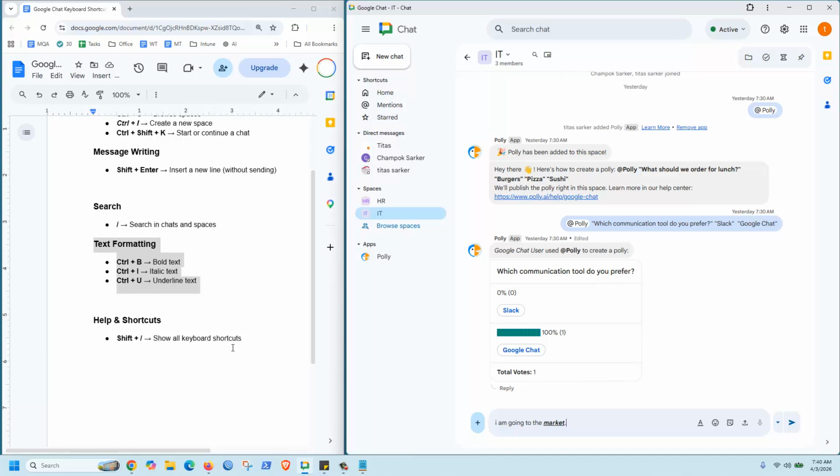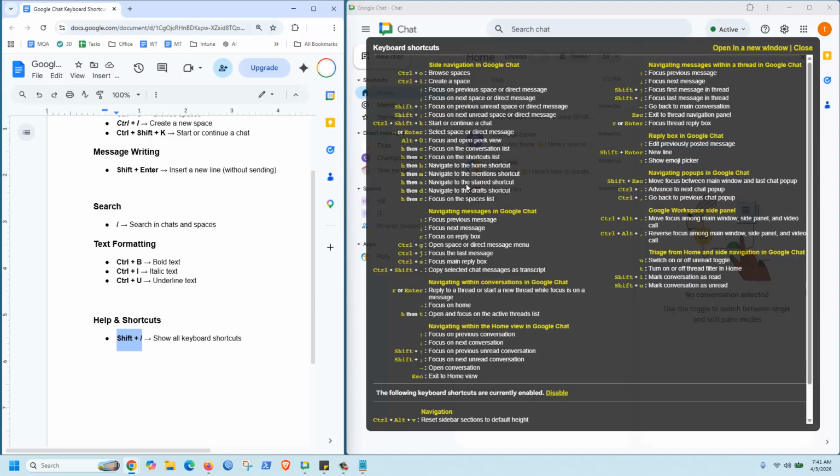If you need more shortcuts, then you just press this command, then you can see all of the keyboard shortcuts, and you can use